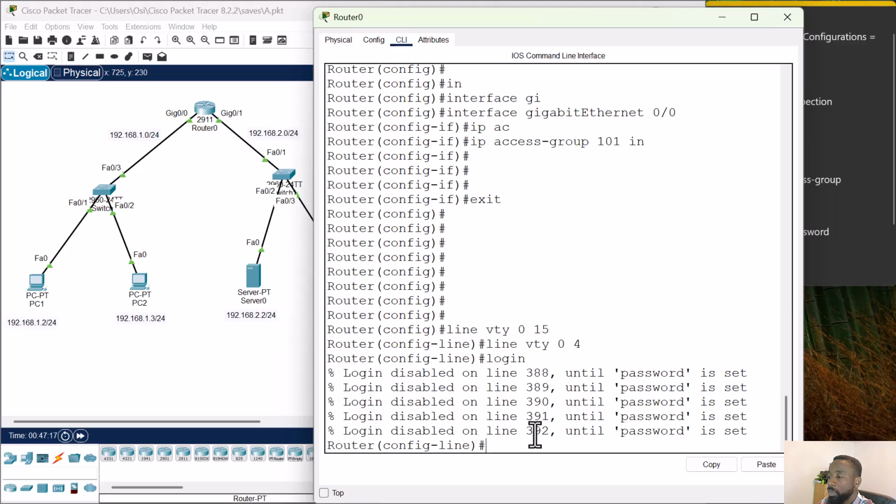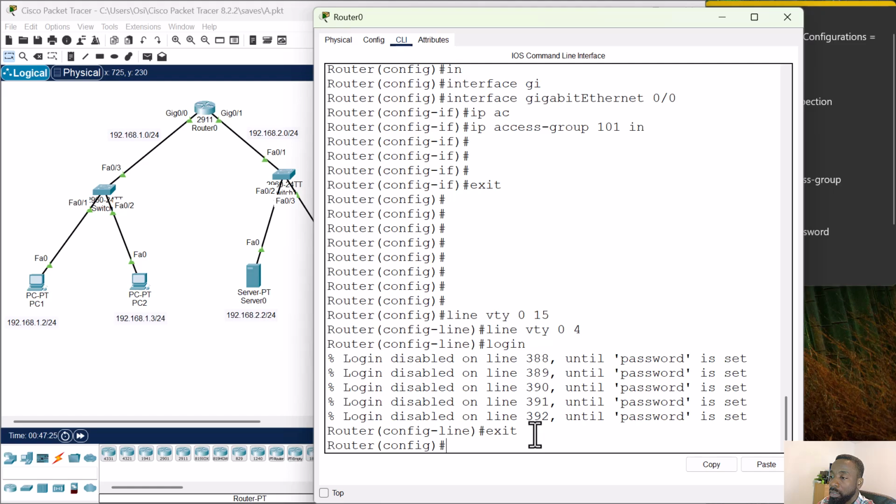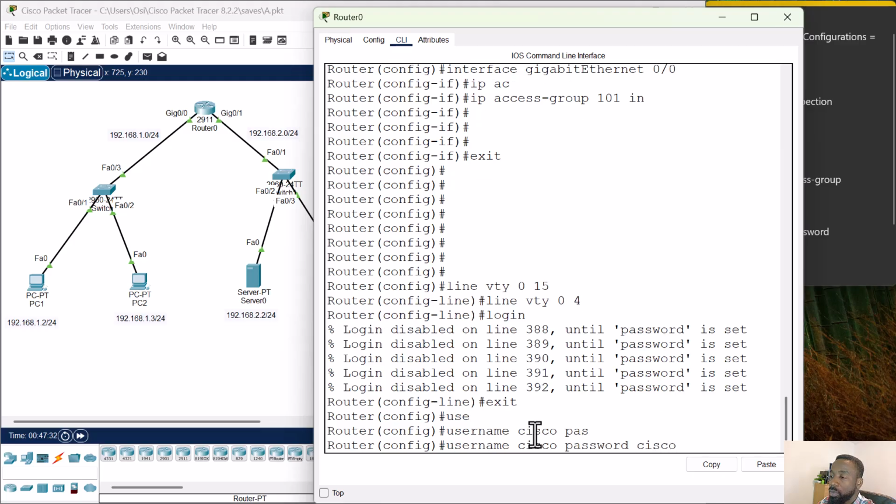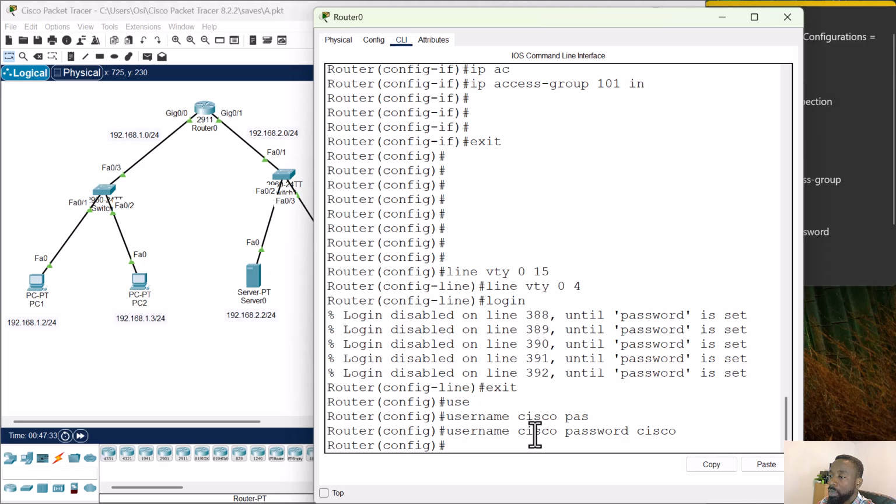I need to create a password, so I would exit and create a username, Cisco, password, Cisco, and by the time I go back, I would say